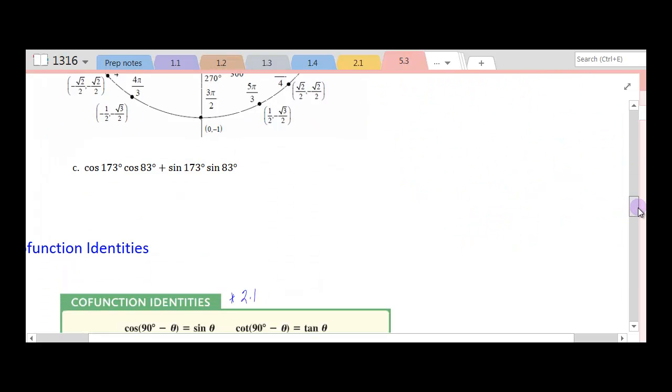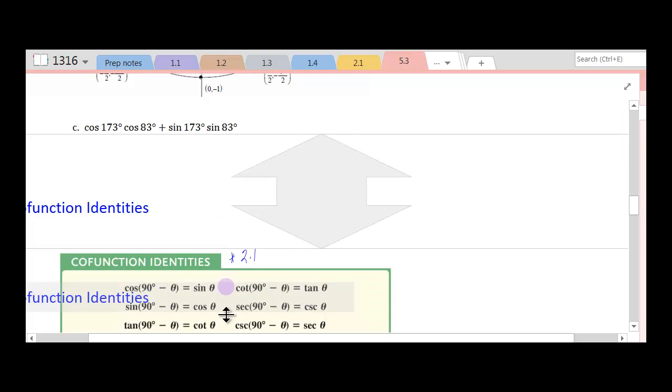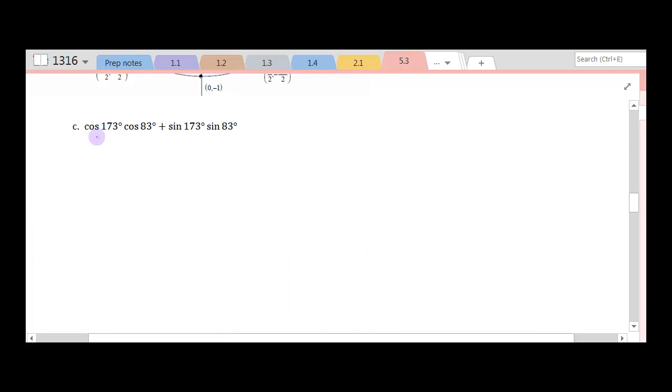So another example we want to look at is this right here. If I'm giving you the cosine of an angle times the cosine of another angle plus the sine of an angle times the sine of a different angle, you want to think to yourself, well, what is that? This is actually the cosine identity for the difference, okay? So because this is an addition sign here, I know that I'm looking at the difference identity